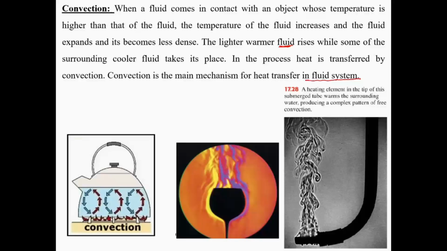So for example, if you are boiling water, what happens? The water molecules in contact with the oven get warmer, and the lighter, warmer fluid rises up, while some of the cooler surrounding fluid takes its place, right? And in the process, heat is transferred by convection. This is called a convection current, and this process will continue until the whole volume of water